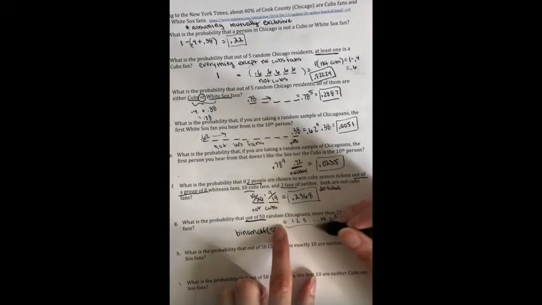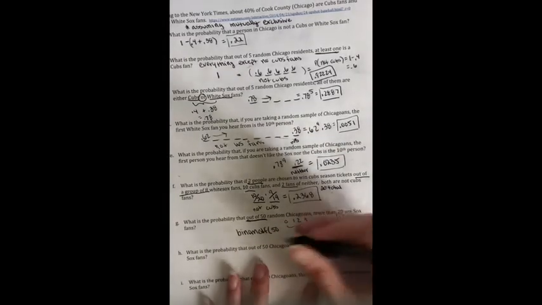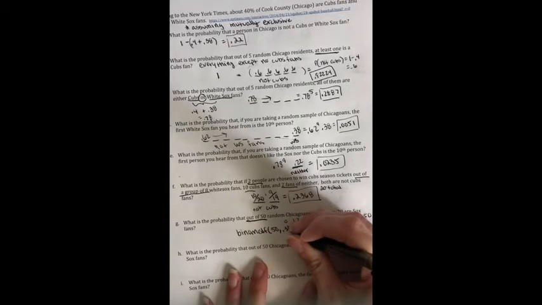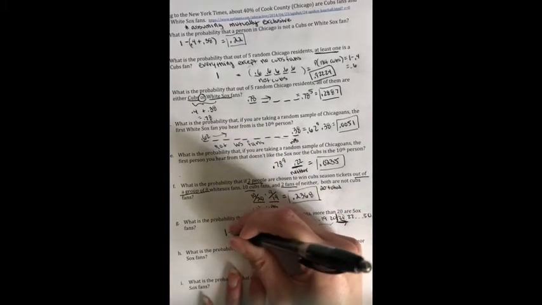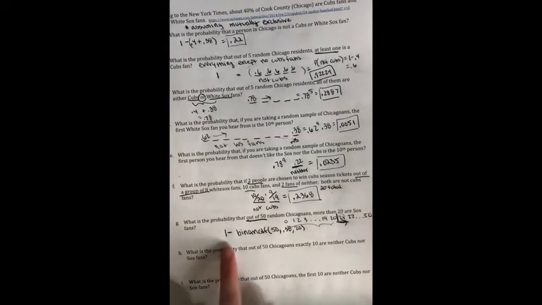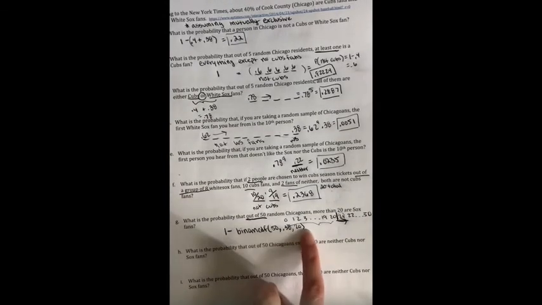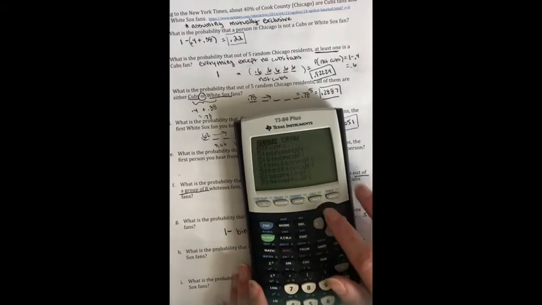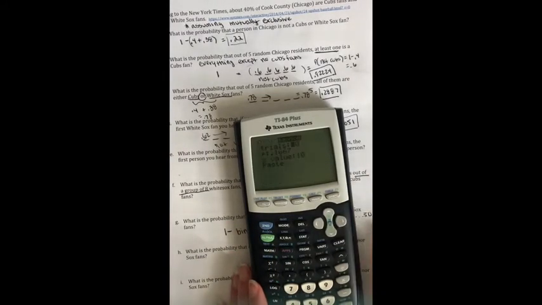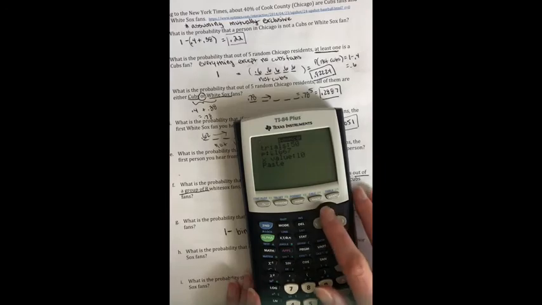So I need to tell the calculator, okay, give me the stuff I don't want. Sox fans, so 0.38. Give me the stuff I don't want, and I'm going to take that away from everything. So I want everything except the stuff that I don't want. So 1 minus what I don't want.